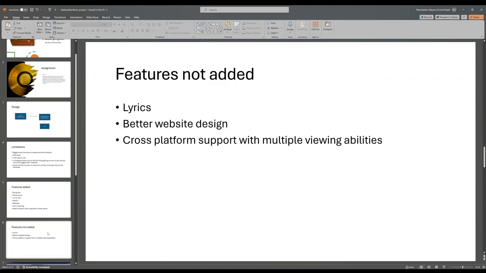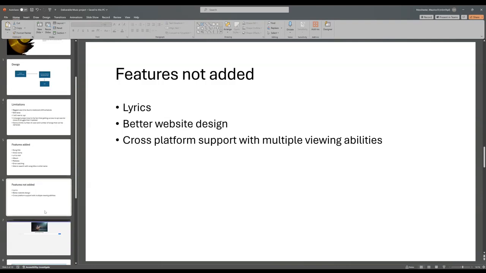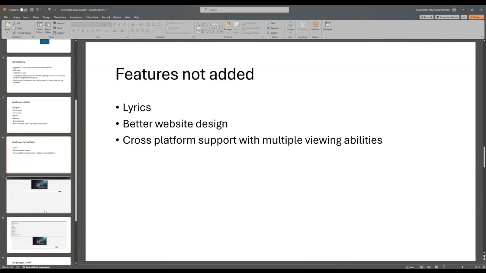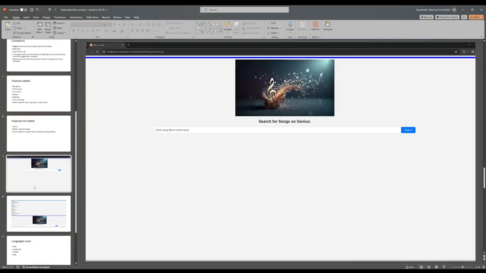I think the website could at least always be done better. I've seen a lot of better websites whose designs I absolutely love. Cross-platform support through mobile or PC, and greatly supporting smaller to larger aspect ratios. Not many people have a 4K monitor, even though it's cheap. It makes the viewing a little bit easier. And I know when I design these programs that this is what I see, it's not always what the other user is going to see. And so as you can see here,